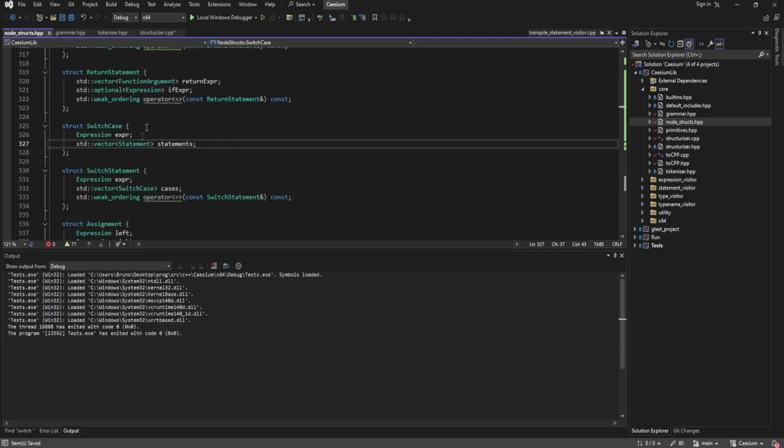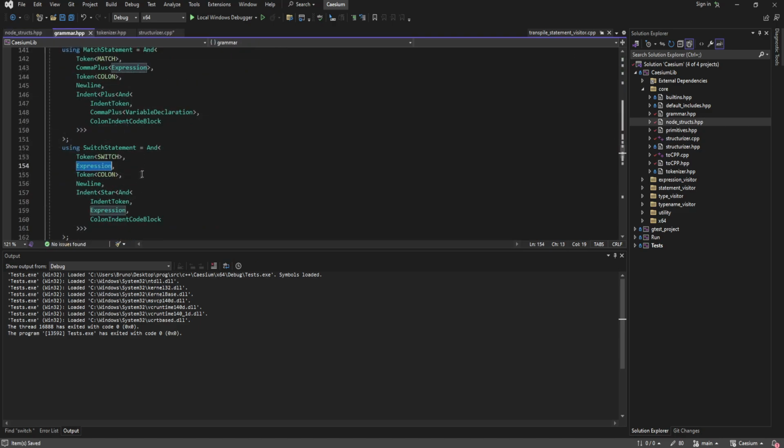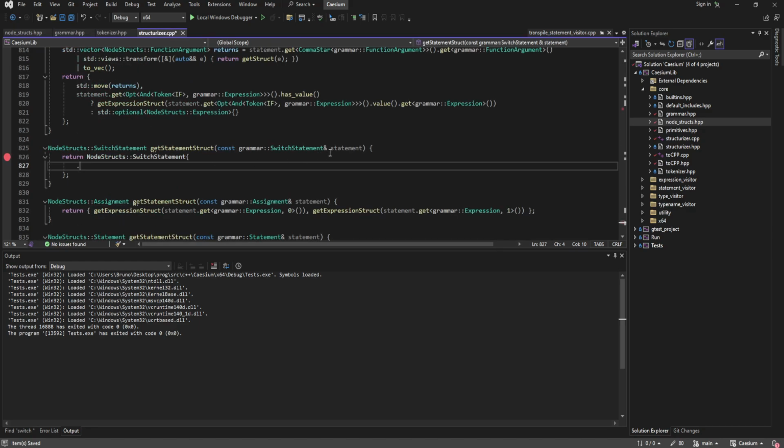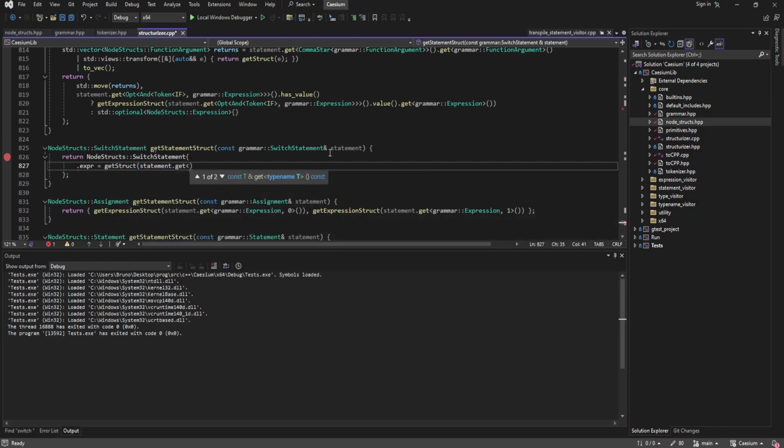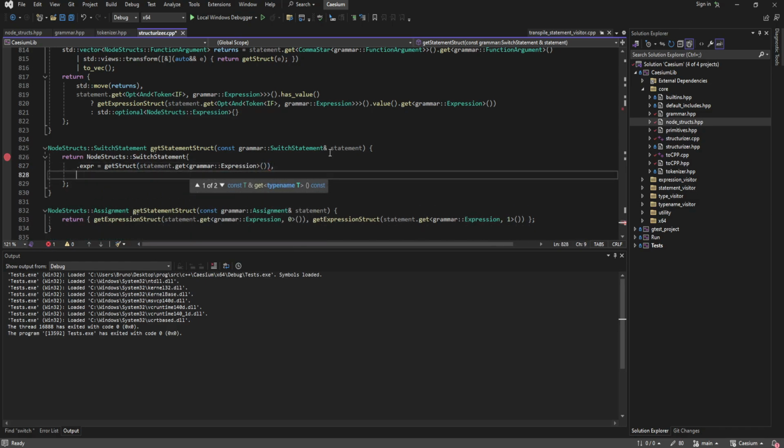Okay, so basically we're gonna have to .expr equals get struct statement.get grammar expression, and then dot cases equals